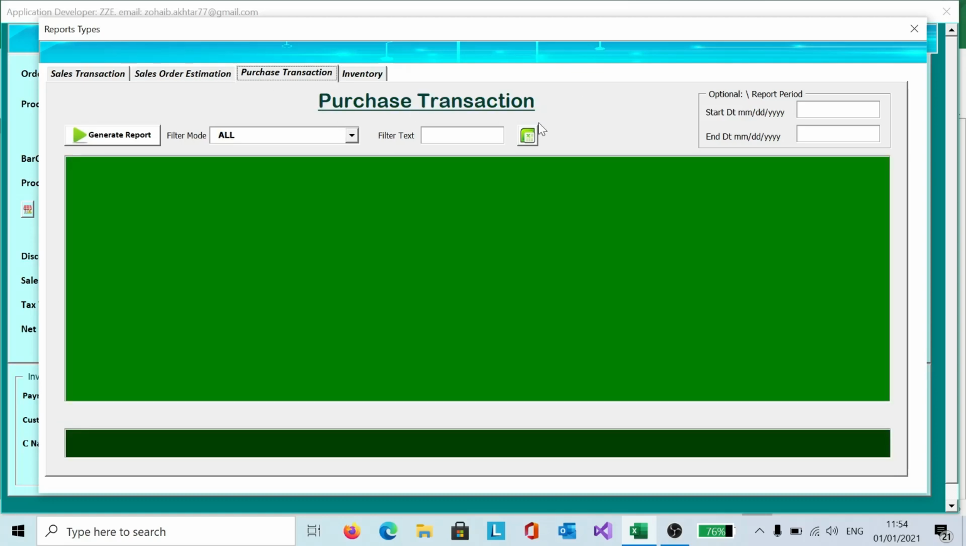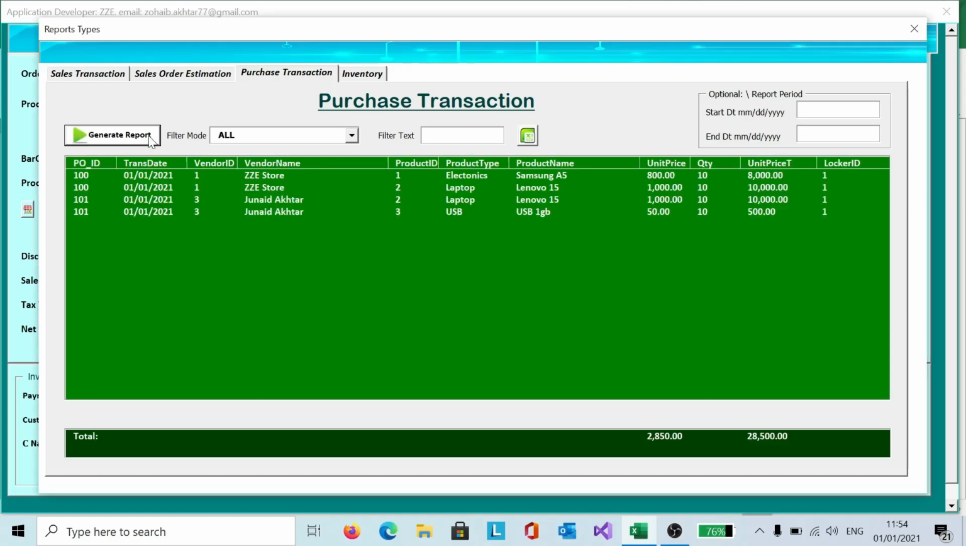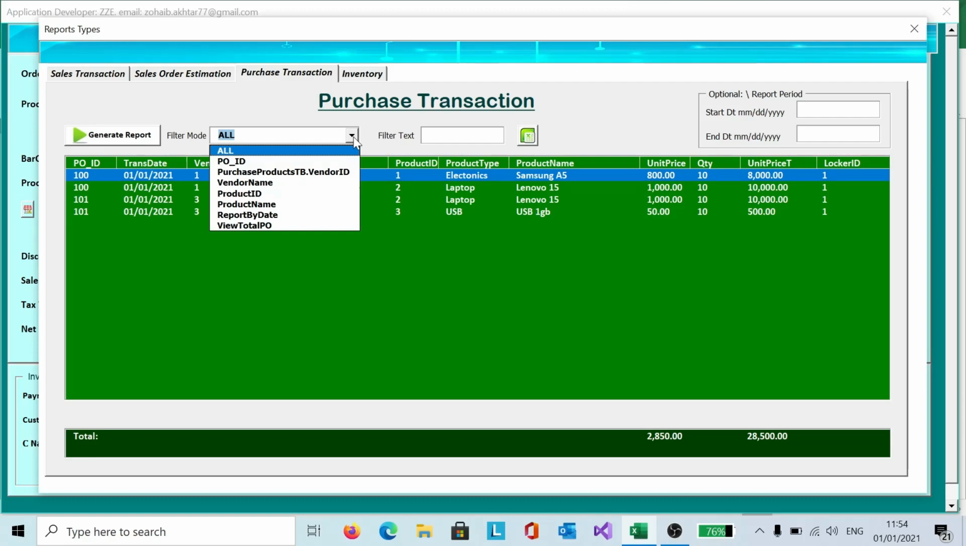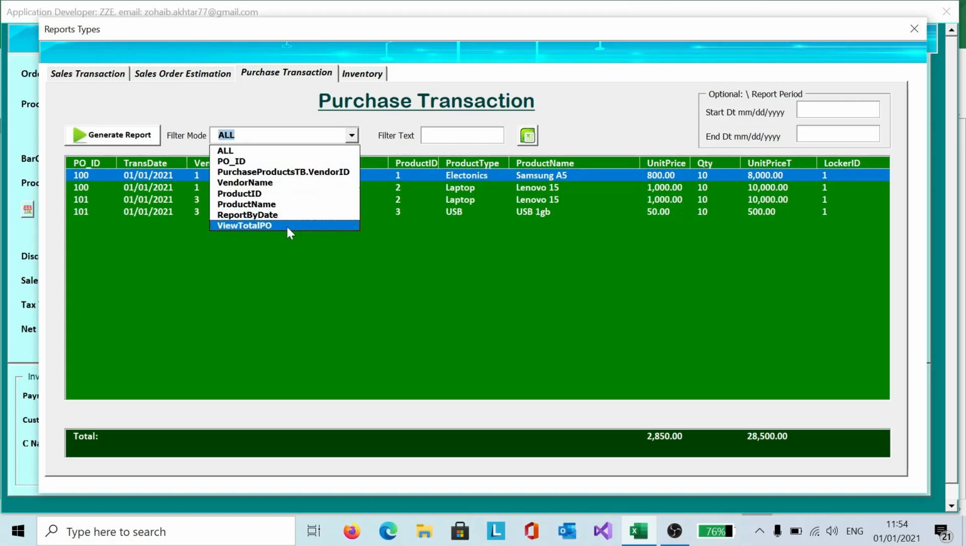Next, here is our purchase transaction. Click generate report. Here are all our transactions. You can generate report and search in different ways. Right now you can see all our purchase products by product wise. If you want to check only the total PO, purchase order, you can click here view total PO,